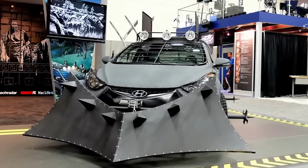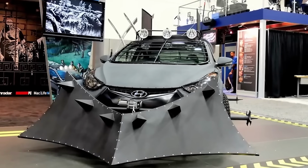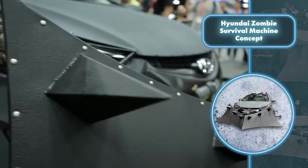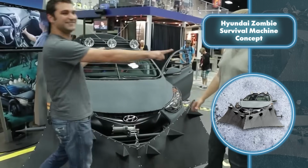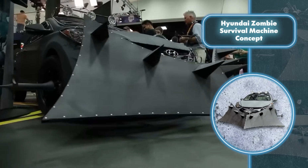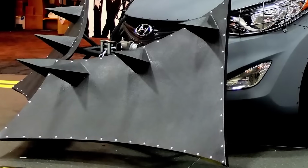The company created the car together with Robert Kirkman, creator of the famous comic book and graphic novel The Walking Dead. "I don't know a lot about cars, but I do know a lot about the zombie apocalypse, and what I would like to have to survive," Kirkman explained. He teamed up with Hyundai experts, so the car is as practical and efficient as it can be for surviving